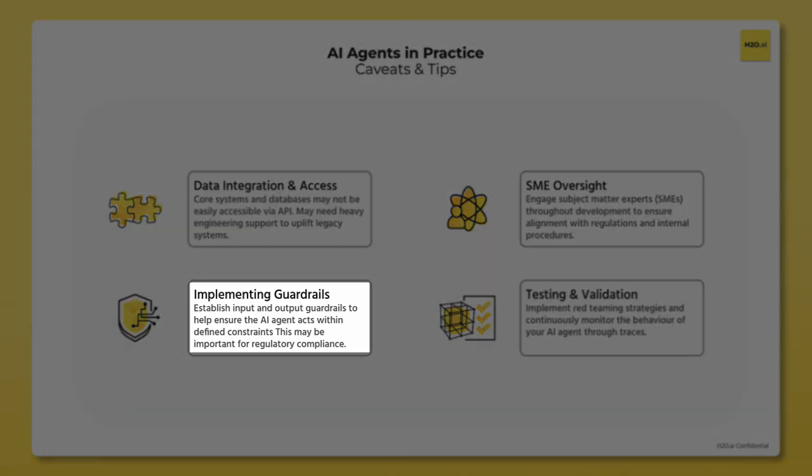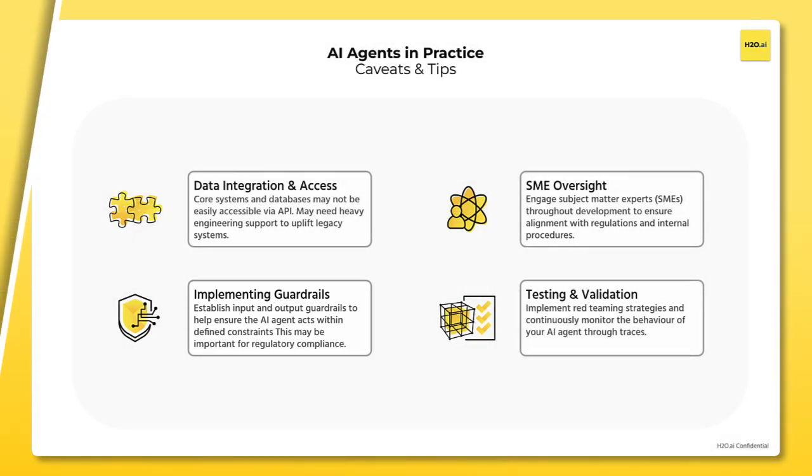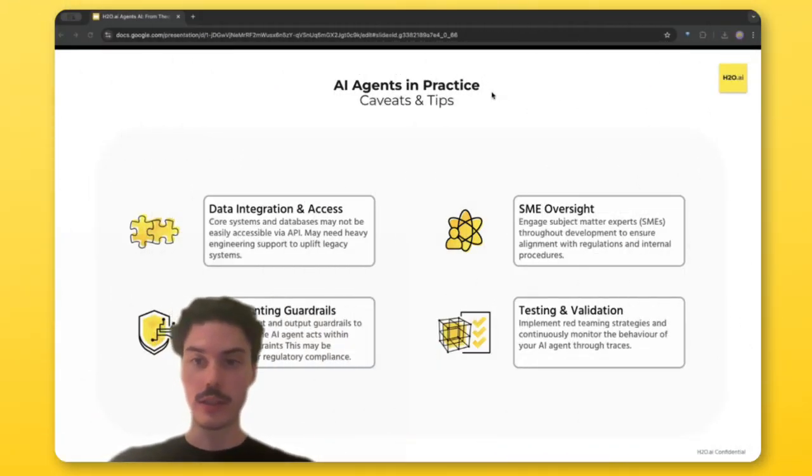So the next tip is around guardrails. Guardrails act to keep your AI agents on rails. They may not be vital for every use case, but in a lot of scenarios, you might have to think really deeply about guardrails, in the case of regulated industries, for example, where a poorly executed AI agent interacting with a customer may lead to real regulatory issues.